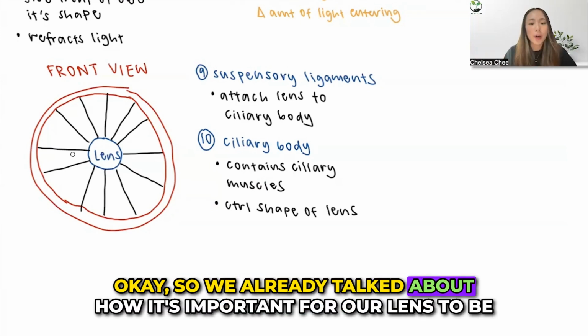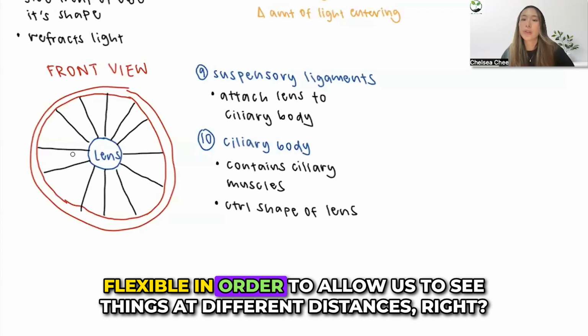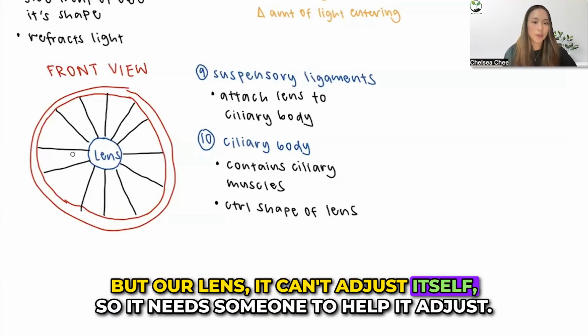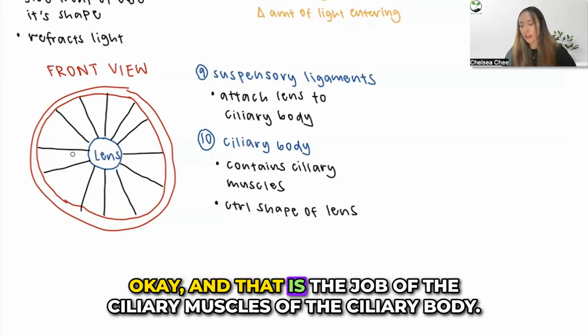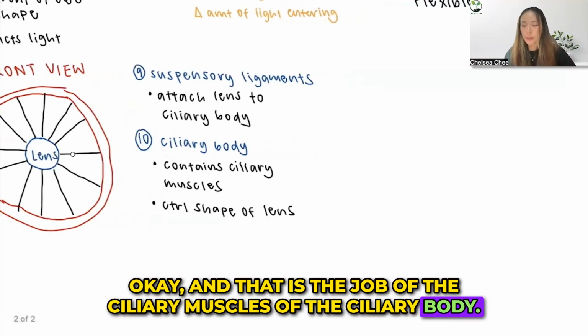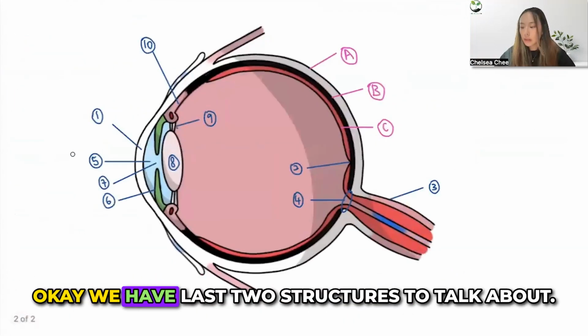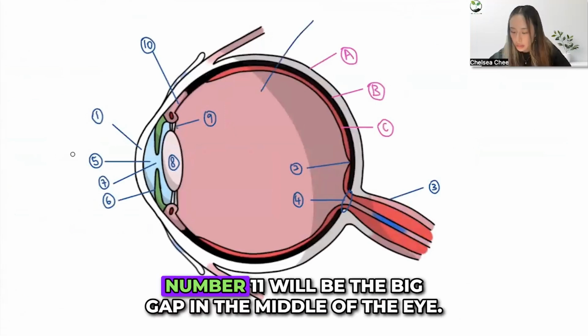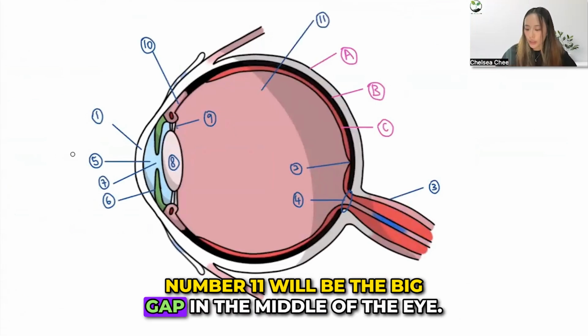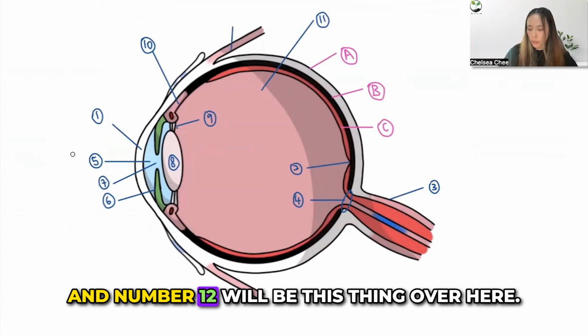We already talked about how it's important for our lens to be flexible in order to allow us to see things at different distances, right? But our lens can't adjust itself. So it needs someone to help it adjust. And that is the job of the ciliary muscles of the ciliary body. Now let's move on. We have the last two structures to talk about. Number 11 will be the big gap in the middle of the eye, and number 12 will be this thing